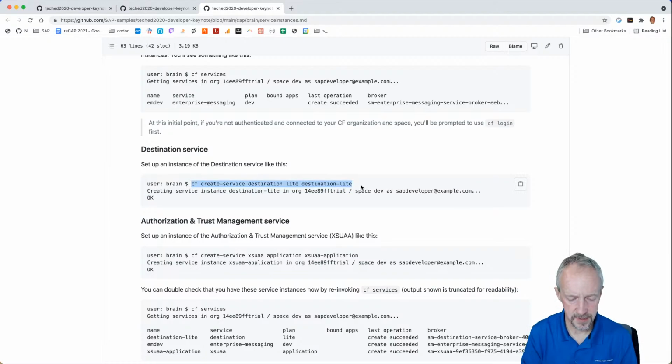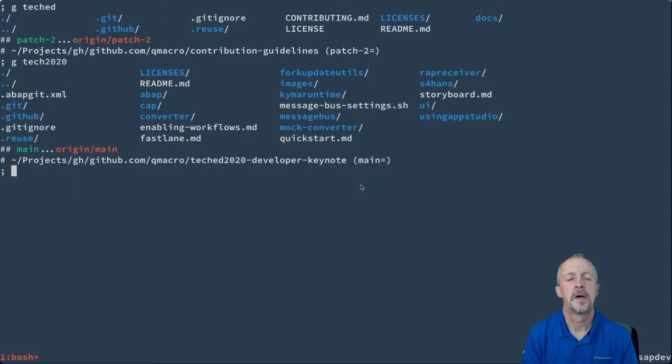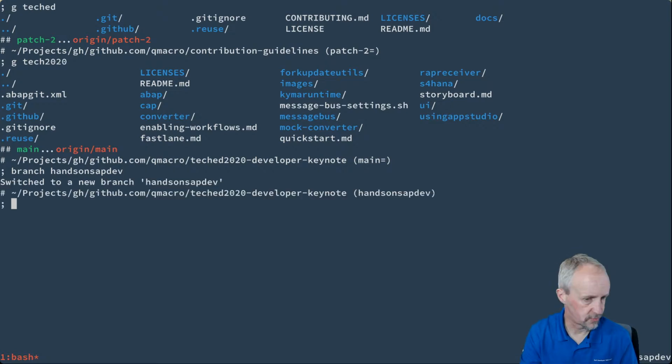CF create service. Let's go into here. Are we in the right place? Yeah. Tell you what we'll do. Hands on SAP Dev. Yeah, that'll do. Hands on SAP Dev. Anything we change, we'll change in a branch here, so we're not clobbering anything